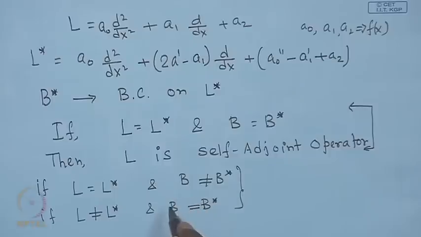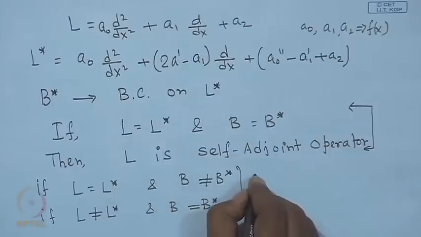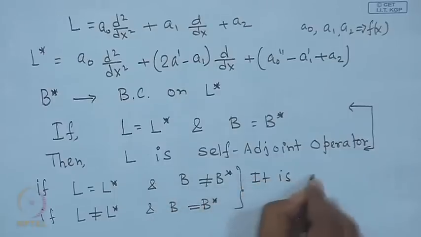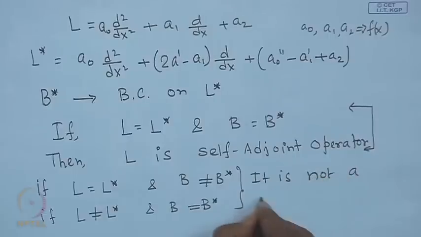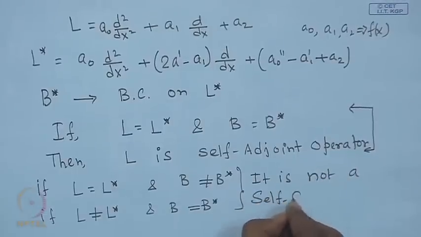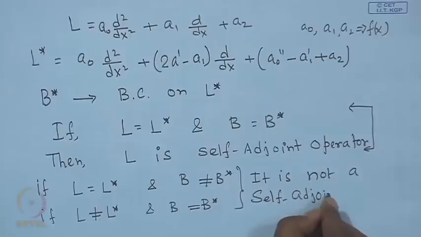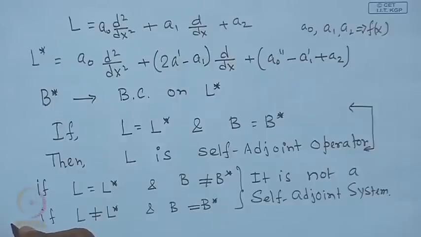If any one of them is not equal, then it is not a self adjoint system. Now, we will take a couple of examples to see how to evaluate the self adjoint operator and boundary operator for a given operator. So, the first example